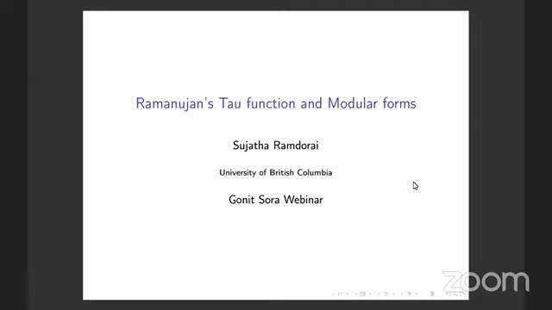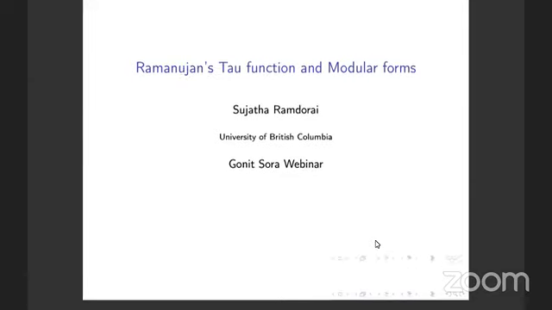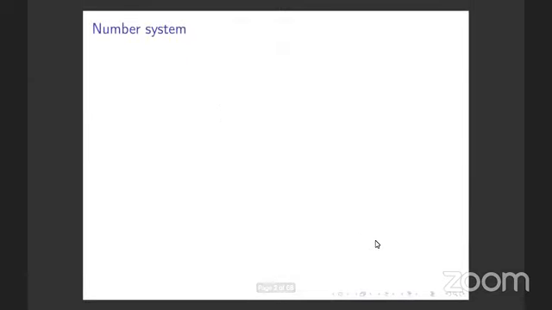Thank you. Manjil told me that there were a few others who had spoken about modular forms and elliptic curves. So I thought I'll speak about one aspect of modular forms, which is related to India's great mathematician Ramanujan. And this year, by the way, 2020, it's 100 years since Ramanujan passed away. And so we'll talk about his tau function. So let me start with introducing the notation for the numbers which I'll be using. I don't think I'll use many of them, but let me introduce the numbers anyway.